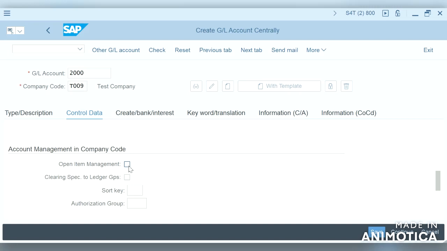It is inherited that if an account is created with reconciliation account type, line items would be tracked through open item management. So if it is a reconciliation account, automatically it will be tracked through open item management.